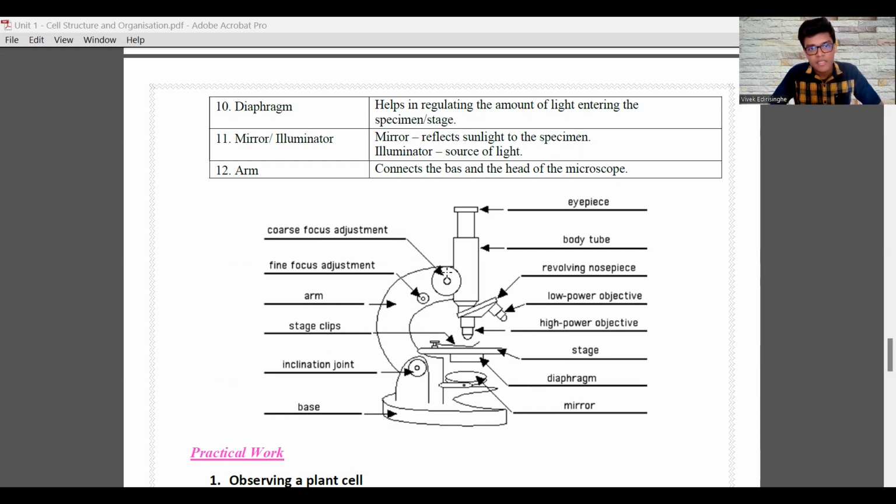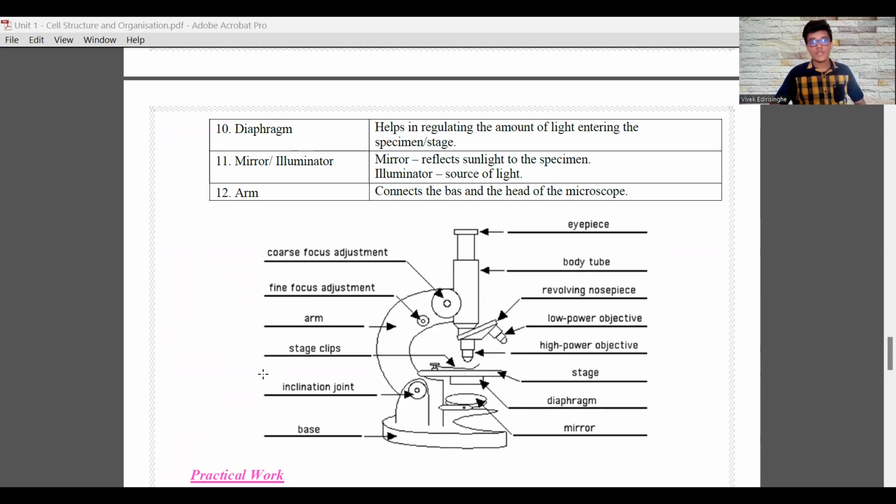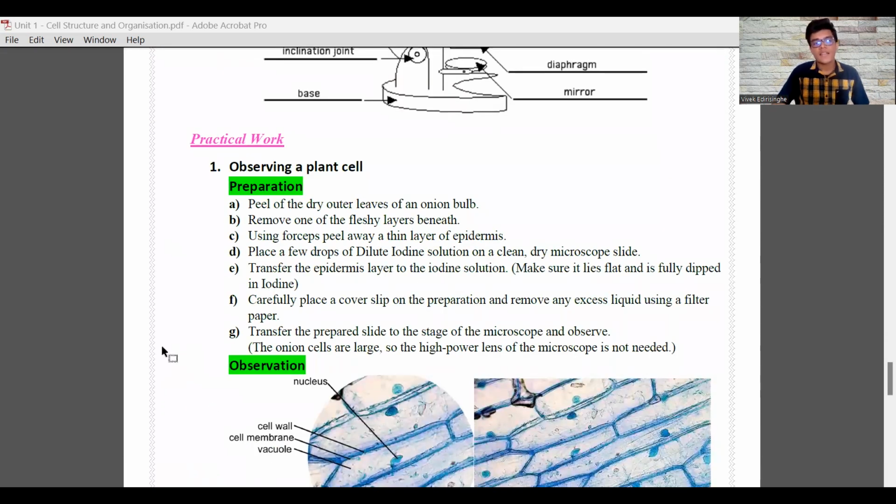The two important things are the coarse adjustment knob and the fine adjustment knob. The coarse adjustment knob moves the ocular tube up and down accordingly till the specimen slide is clearly visible. The fine adjustment knob is used to bring the specimen into sharp focus. So the two practical